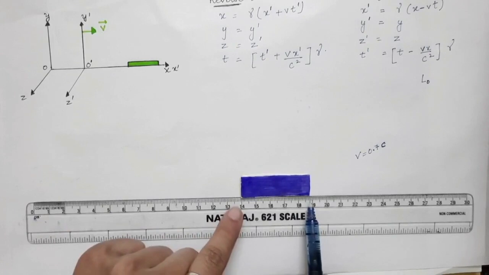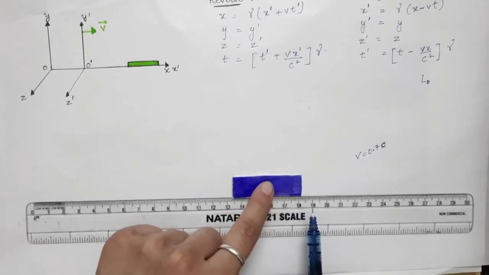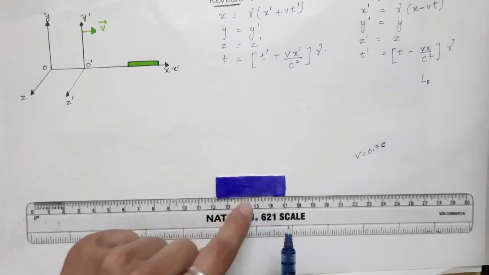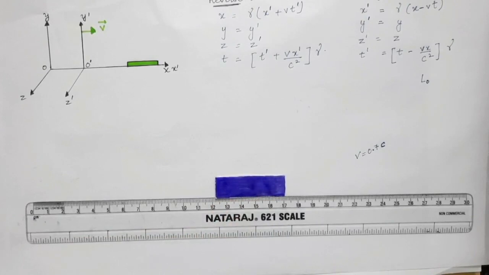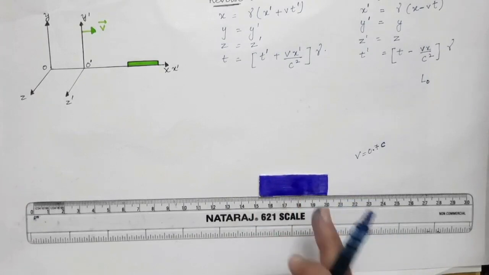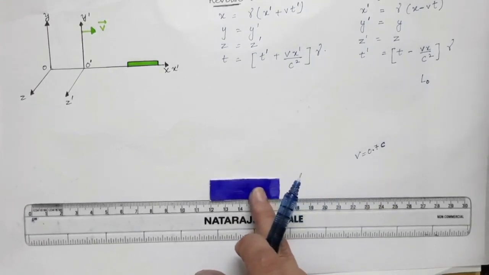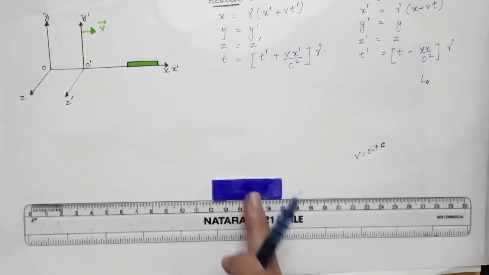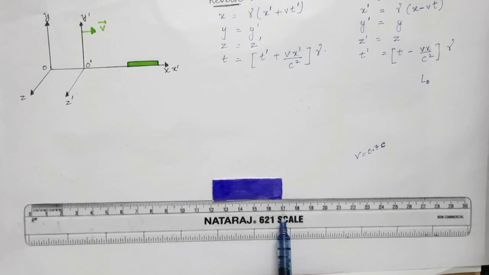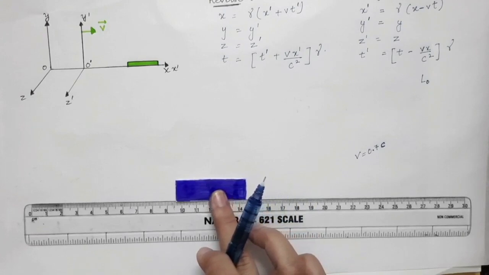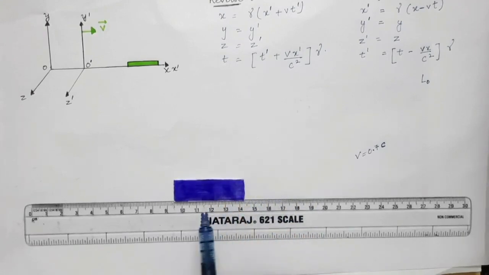These two measurements of x1 prime and x2 prime in a moving object must be taken at the same instant of time. Let's say this object is moving in this direction, and you measure this coordinate at one particular time and find that it is 17 centimeters over here. The object keeps on moving in this direction because we are talking about a moving object. Now if at a later time you find the x1 prime coordinate, it will come out to be something else.